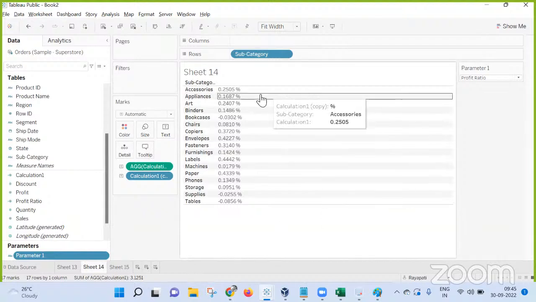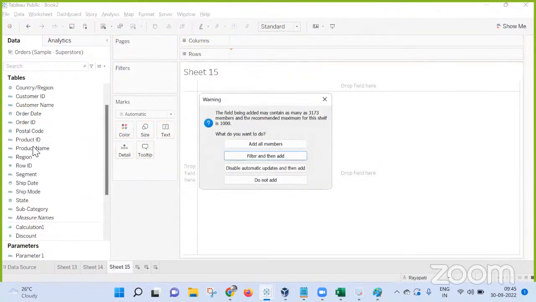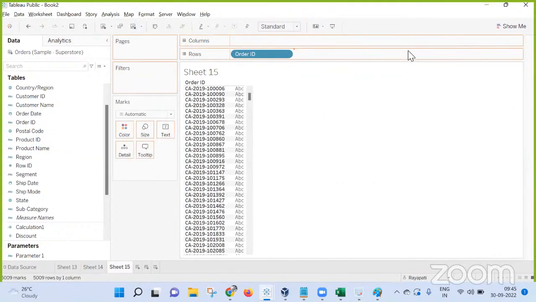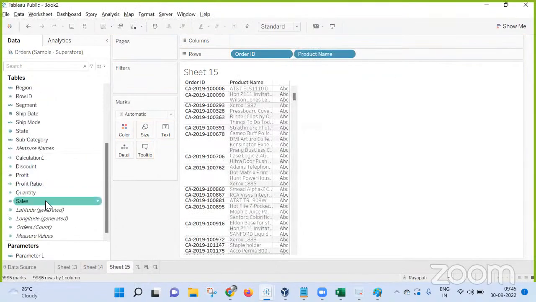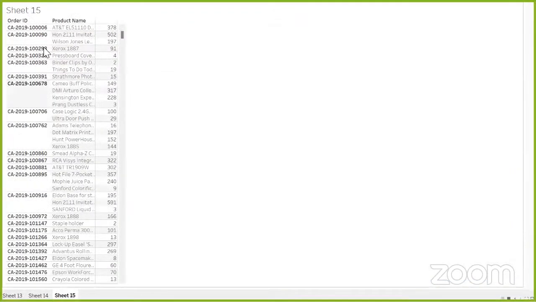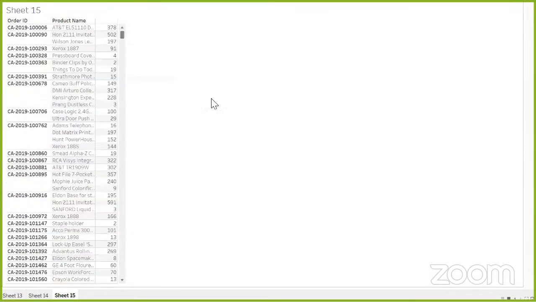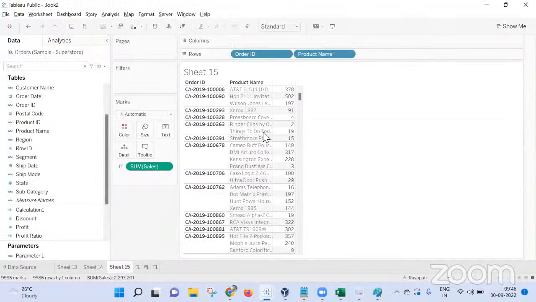So rather than having all the data in one place, if I bring my order ID, product name and sales, a person can see only a certain number of rows, even at the dashboard level. Rather than giving an ability to scroll down, if you give something like pagination, what do I mean by pagination is,